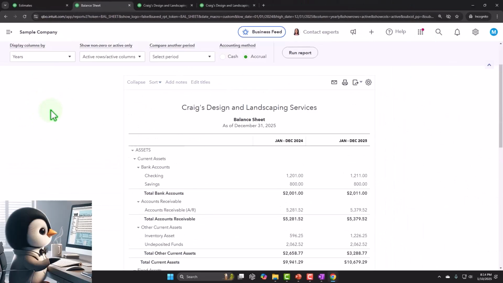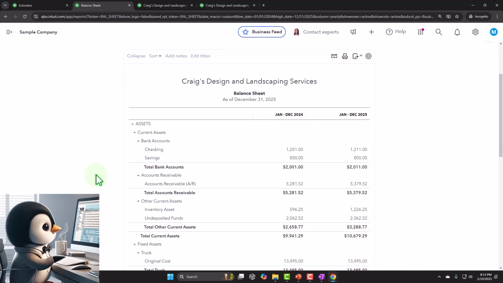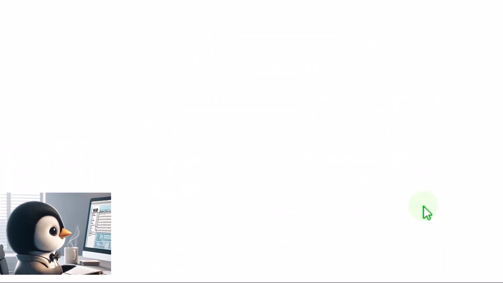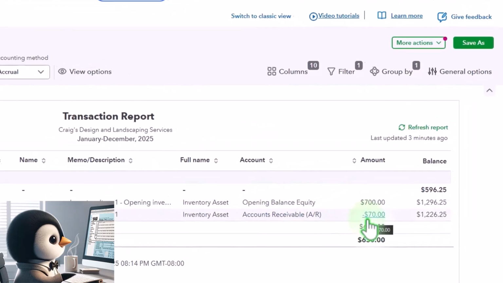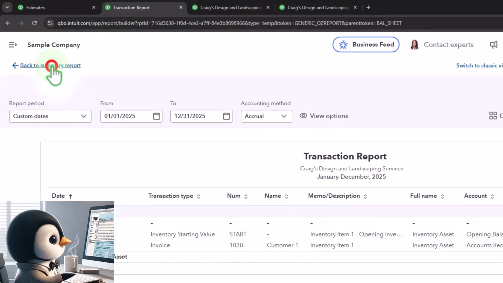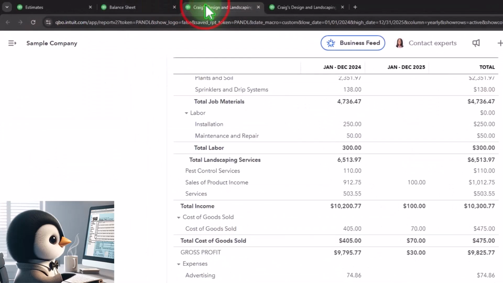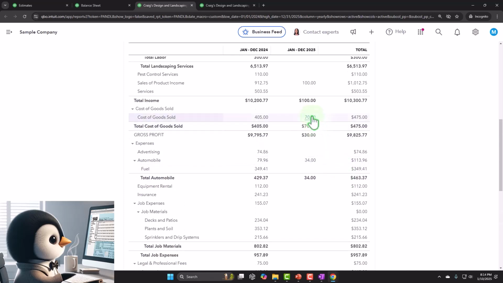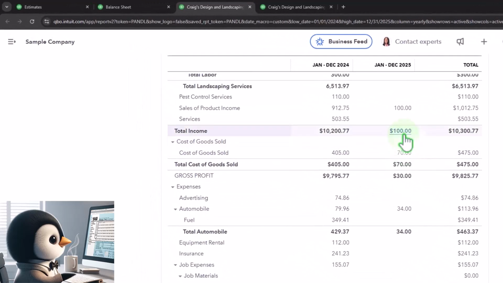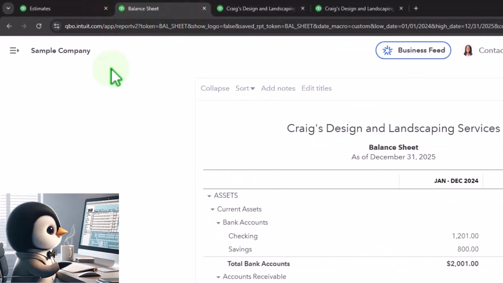All right, we're going to go up top, and we're going to say then inventory. If I go into inventory, we know that the inventory is impacted here with the invoice going down. And let's go back, and then on the cost of goods sold, we know that the inventory is impacted here. Net impact on net income, 100 income minus the $70. Now, also, if I go to the balance sheet,